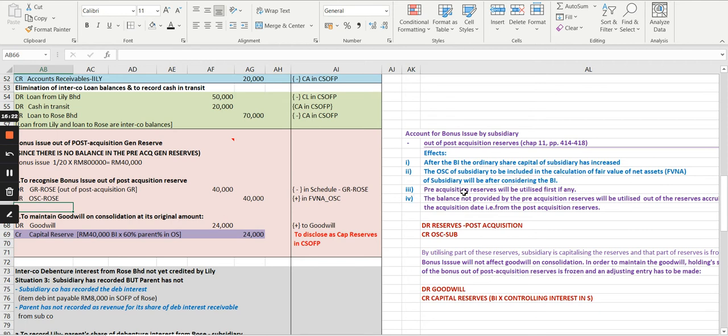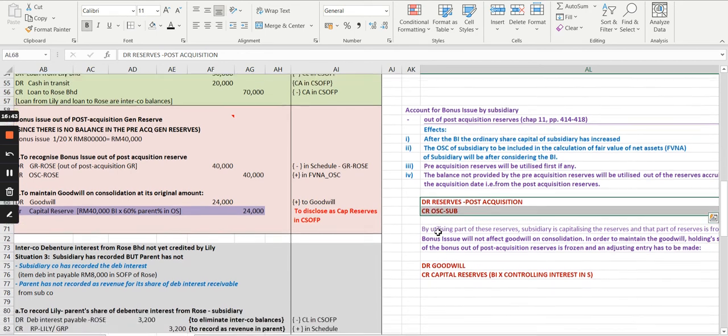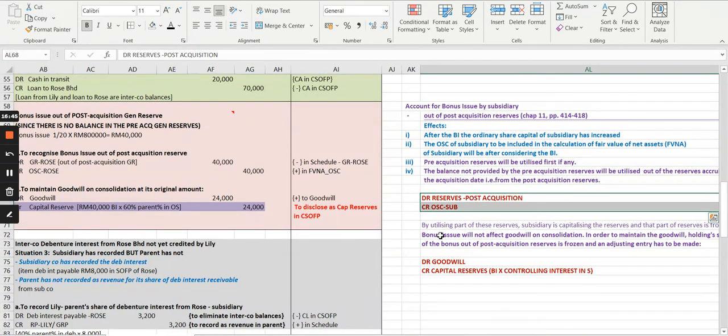As I mentioned, pre-acquisition reserve, should there be any, will be utilized first. And if it's not there, the balance that cannot be utilized, because no balance, we will utilize out of the reserve accruing after the date of acquisition, which is the post-acquisition reserve. So this is what we have already done earlier, the first journal. And now the second journal that you need to pass is to actually capitalize the reserve